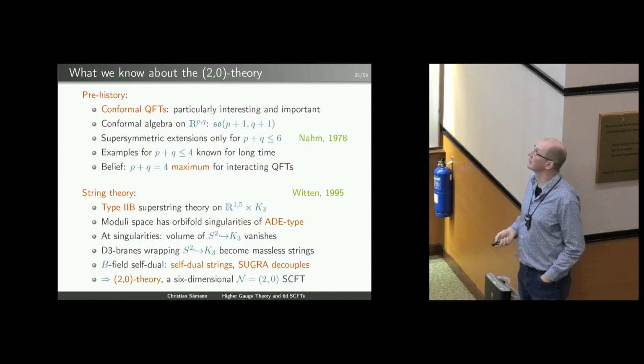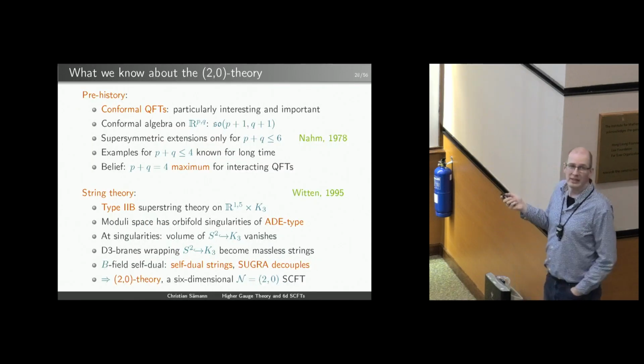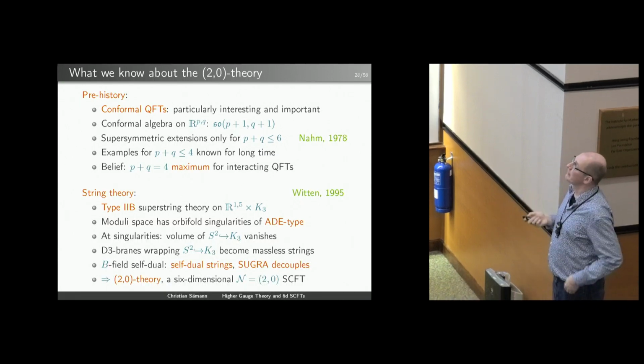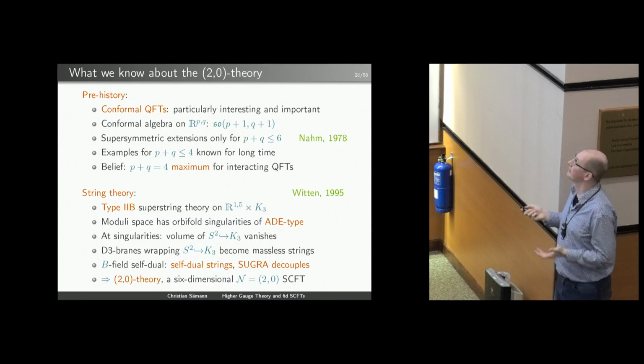I mean, let's push this a little bit. Why not? Prehistory, yeah, I'll be reasonably fast with this. Conformal quantum field theories are particularly interesting and important. Everybody agrees with this. The conformal algebras and their supersymmetric extensions have been classified by Nahm in 1978. Most people believe that they're only interesting examples for dimension less than or equal to 4, but then Witten came along in 1995